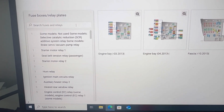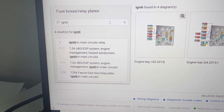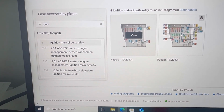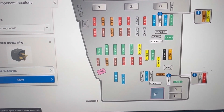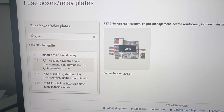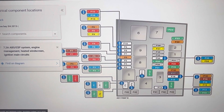In the search tab, we're going to type ignition, and it will show us all the fuses for it. We can see there are 3 fuses and 1 relay. They're all located in the engine bay and fascia fuse boxes. First, I'll show you the location of the fuses in the fascia fuse box, and the relay there is number 4 relay. Next, I'll show you the location of the fuses in the engine bay fuse box, and the fuses there are